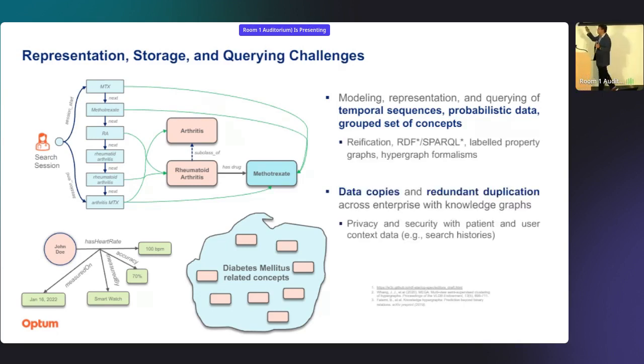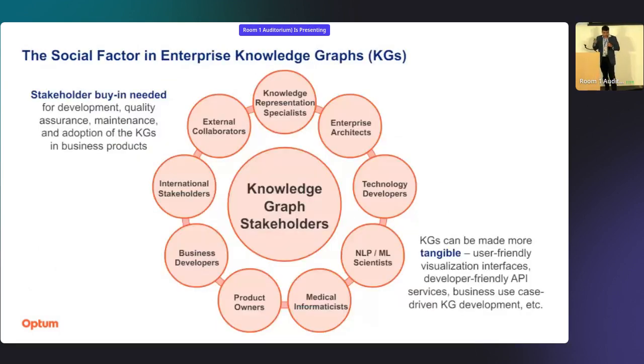And once again, there are options: reification, RDF-star, SPARQL-star, hypergraphs, but it's still a challenge. And there's obviously a lot of duplication that can be associated with doing this, so it's important to consider patient privacy and security. And so the final slide, and I personally think this is one of the biggest challenges for enterprise knowledge graphs